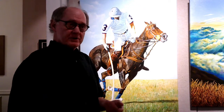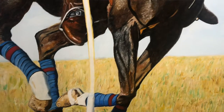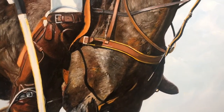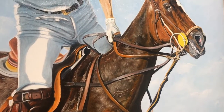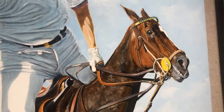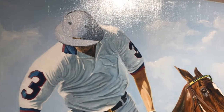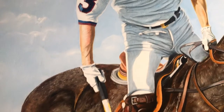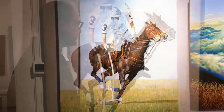Before I moved to Tallahassee, I lived down south in West Palm Beach, and I spent a lot of time in Wellington, which is the Northern Hemisphere's equestrian mecca, really, of the world. All kinds of equestrian arts, and I did a lot of equestrian work. I have 2 of them here. They're both polo pieces, and this one is Pete Merlos, who was a 10-goaler, like one of the best polo players in the world. I don't know if he's quite up to that anymore, he's getting older, but at the time he was. And the other polo piece I have,